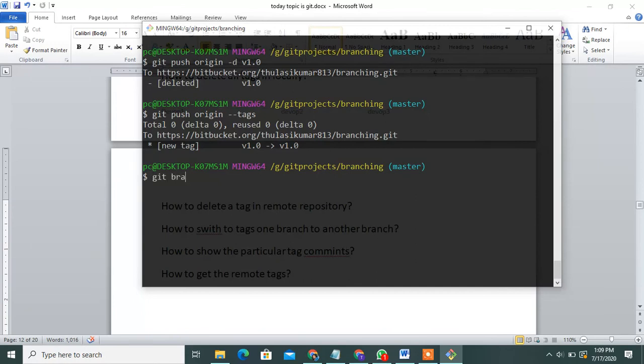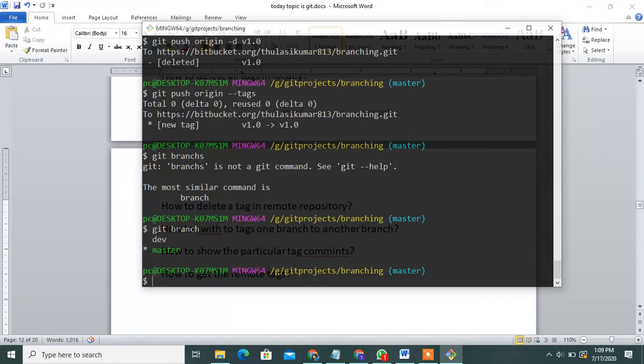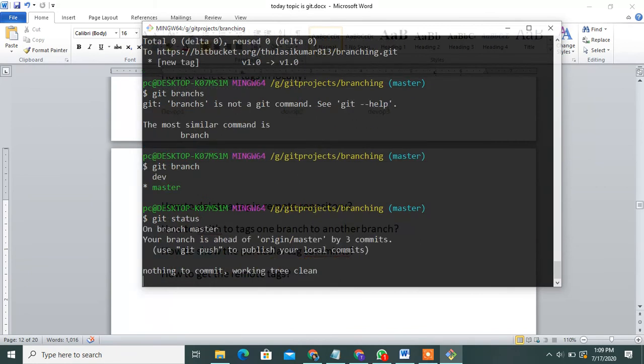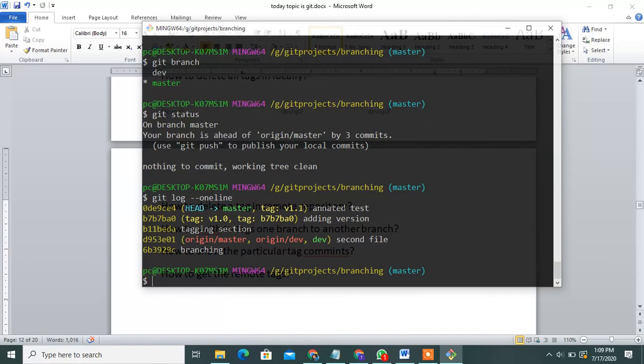First of all, check the branches with git branch. These are the two branches. How to check? Git checkout.